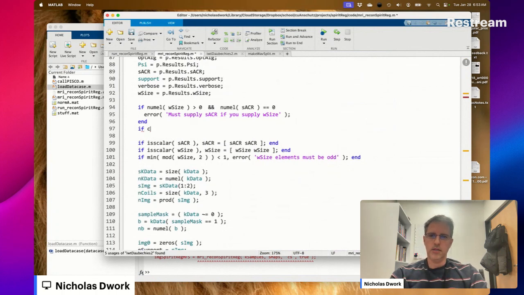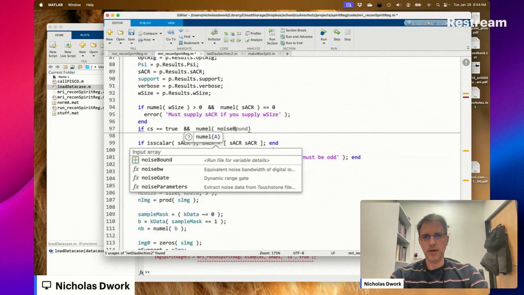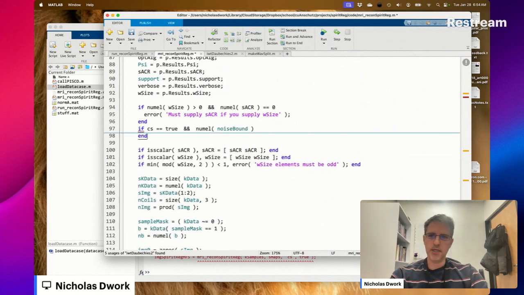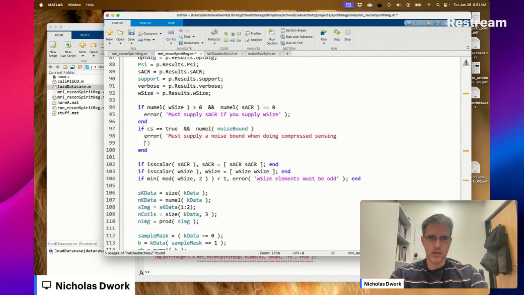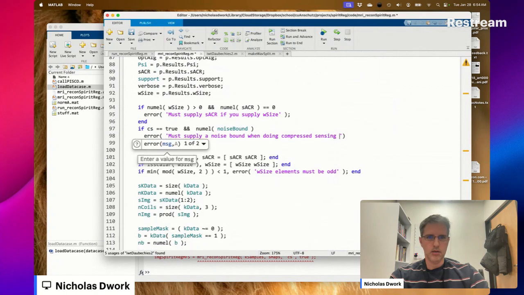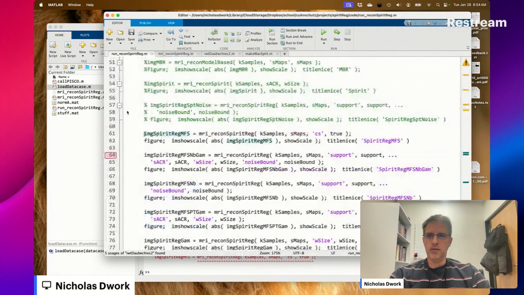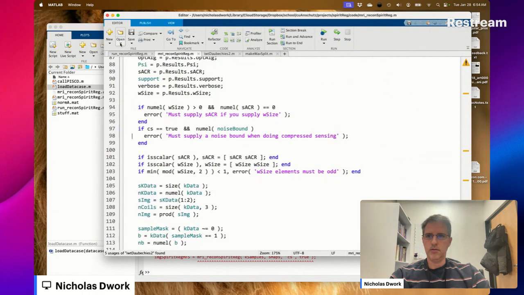If CS is equal to true, we must supply the noise bound whenever we're doing compressed sensing. So let's check for that. So now this should error out,